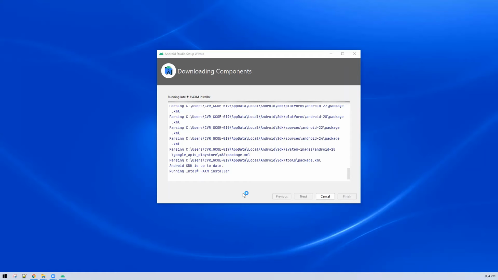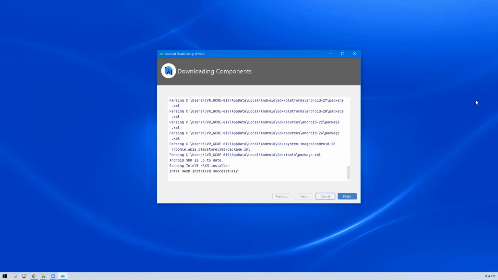So you need to accept the user account control policy, click yes. Now HAXM installer basically is needed to make your emulator faster. Okay, it will expose the processing power to your emulator. So that's why you need it.